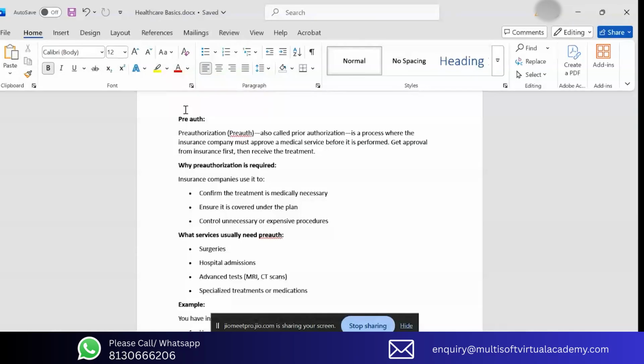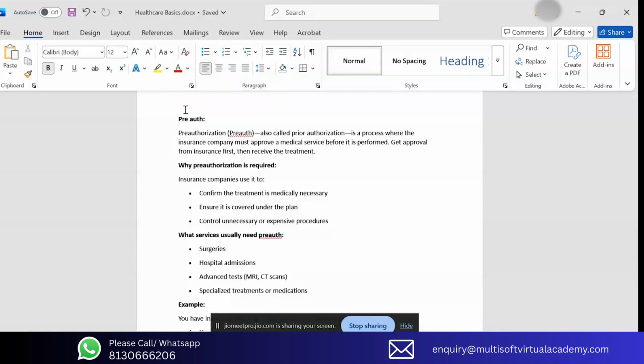You know which day you're going to have the surgery beforehand. It is not an emergency surgery; it is all pre-planned. So in that case, you need to check with your hospital,